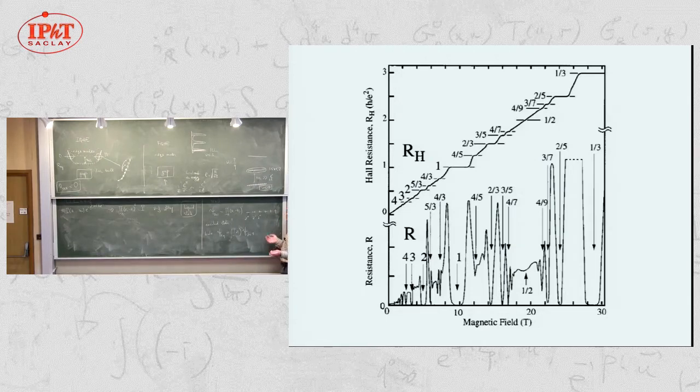I cannot add an electron to this state simply because it's a completely filled orbital. But a natural question that I would like to understand concerning the filling factor 1/3 is how do I add a charge? How do I remove a charge? Okay? Or how do I add a flux quantum, or how do I remove a flux quantum? So after proposing the ground state wave function for the filling factor 1/3,